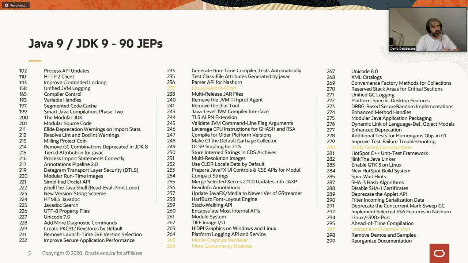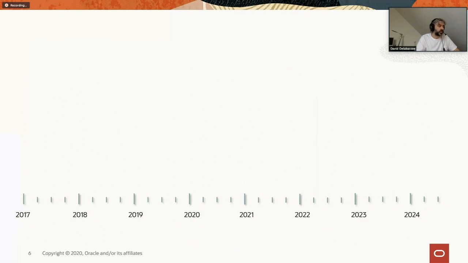So we decided to change the way Java is evolving. This is something that we put in place at the end of 2017. Every 6 months, there's a new Java release, called a feature release. So 11, 12, 13. The current Java release is 14, released in March, and in September 2020, we're going to release 15.